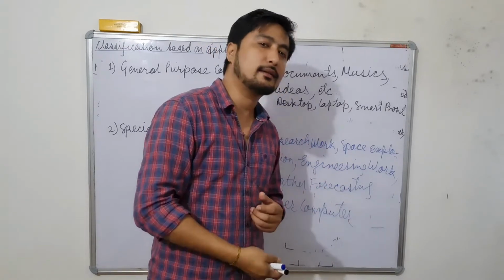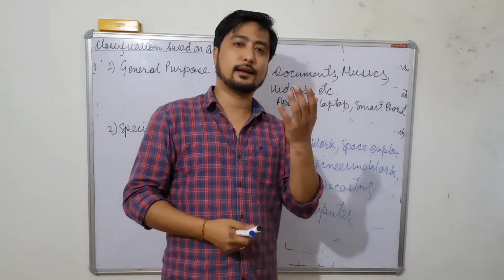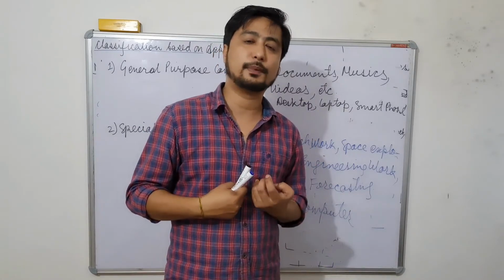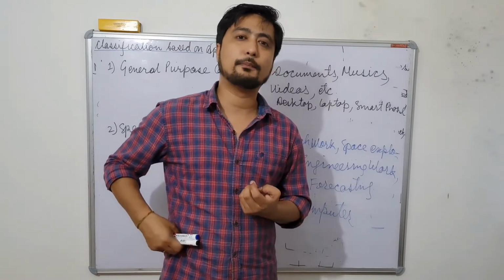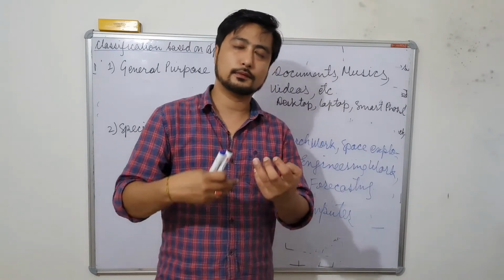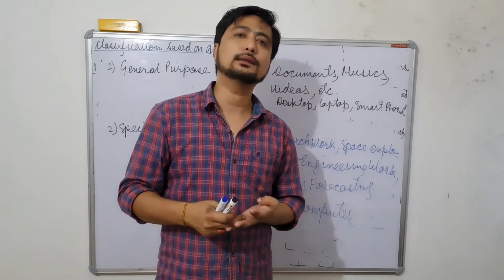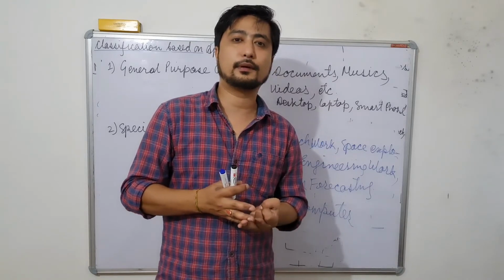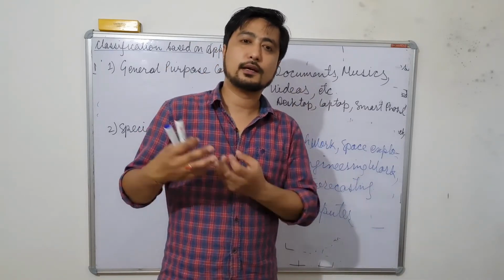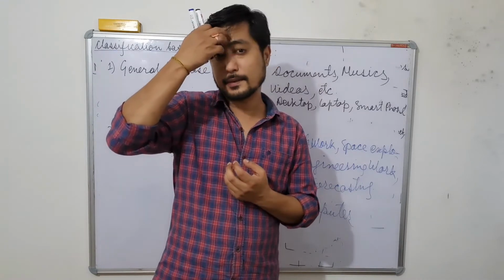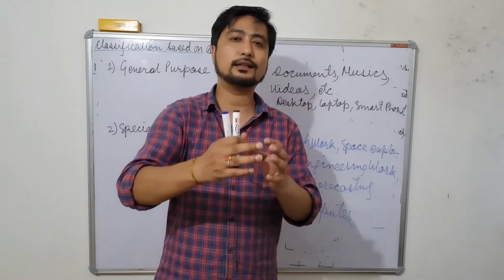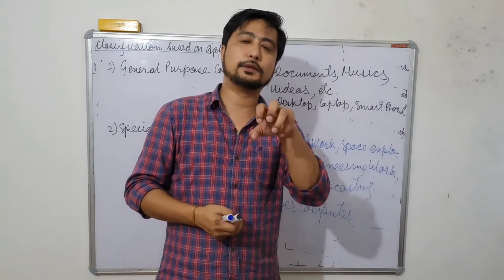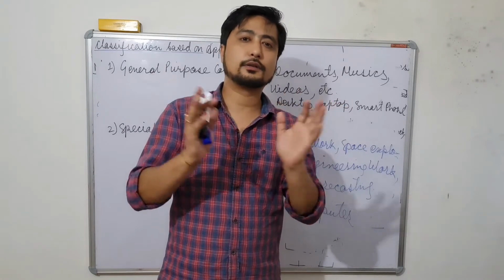computers. And next, the computer based on the sizes. There are 4 types of computers. Micro, that means the computer that we use: PC, laptop, desktop, all these are microcomputers. And next is mini computer, which is faster than the microcomputer and which has a huge storage device compared to the microcomputer. It can be used in LAN, and it can also be used as a server which controls the other computers.